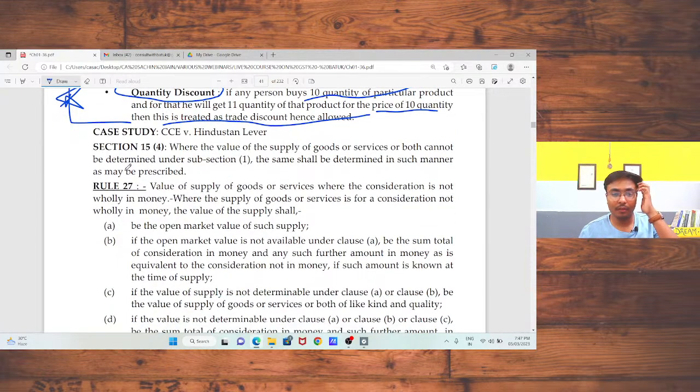Now, Section 15, subsection 4: where the value of supply of goods or services or both cannot be determined under subsection 1, the same shall be determined in such manner as may be prescribed. That means